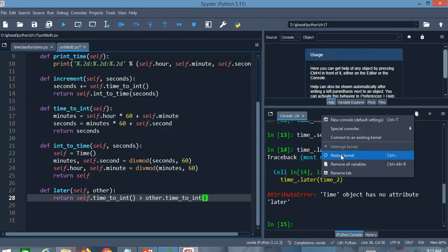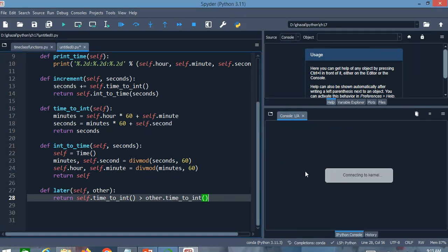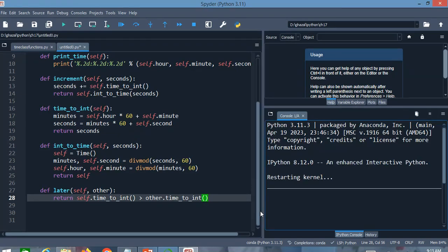We can reset the kernel. Sometimes these errors may occur. Don't be worried. After the restarting process finished, we can again press F5 and in this way run this file again, and